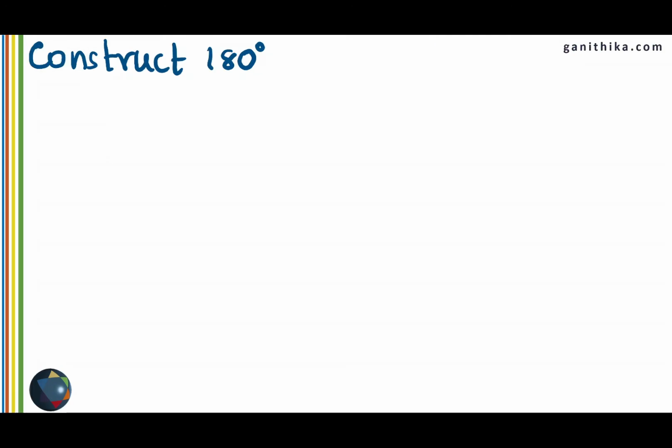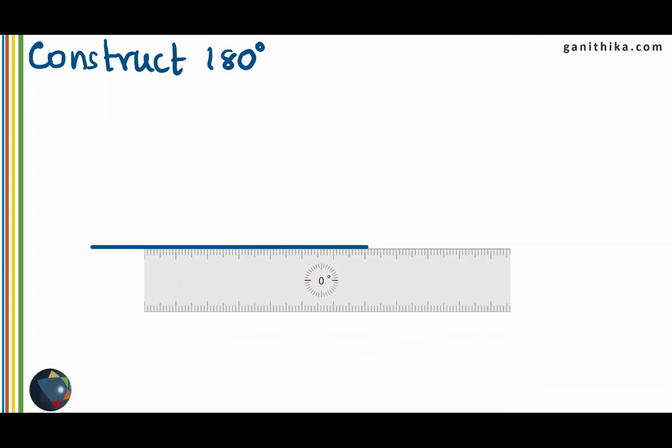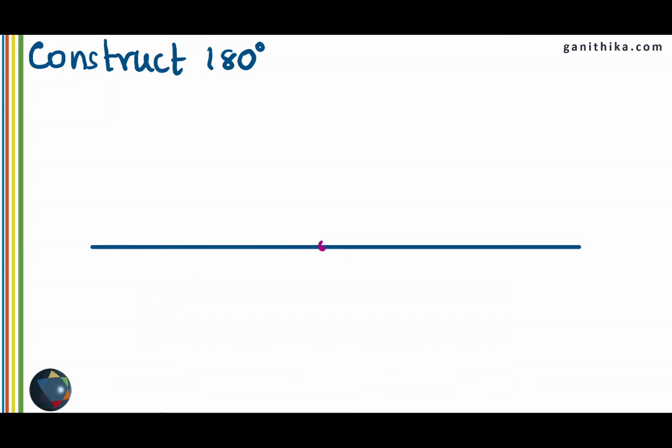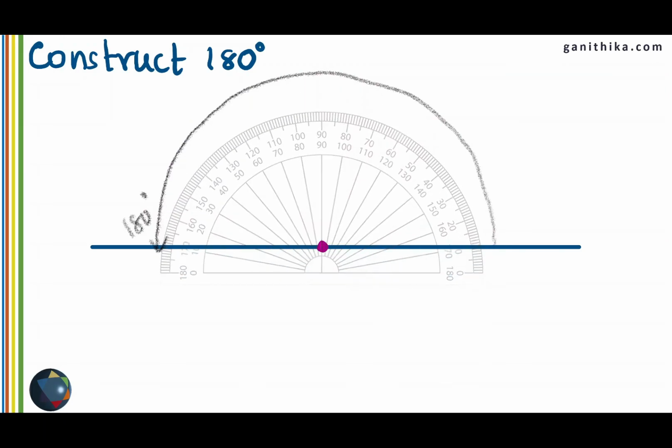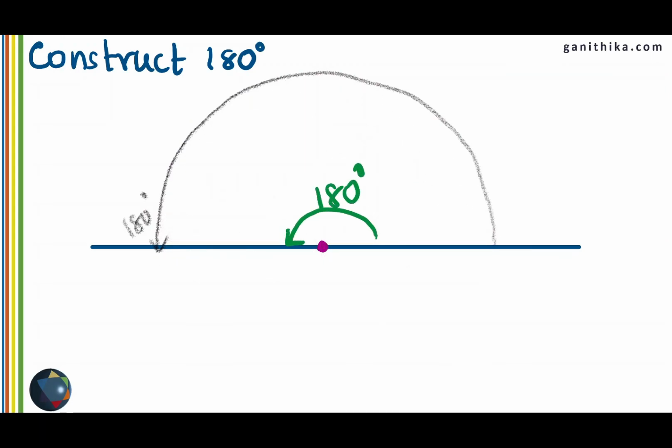How to construct 180 degrees? Construct the baseline first, let it be a little longer, and let the vertex be placed in the center of the line. Place the protractor accordingly. Look for the zero on the right side or on the left side, but we usually start with the right side. So look for the zero and go all the way up to 180 degrees, which means you are going to the next side of the protractor. So as I said in the beginning, a protractor can measure up to 180 degrees. Therefore, from 0 all the way to 180 degrees, we have a straight angle. So this is 180 degrees, which means a straight angle measures 180 degrees.